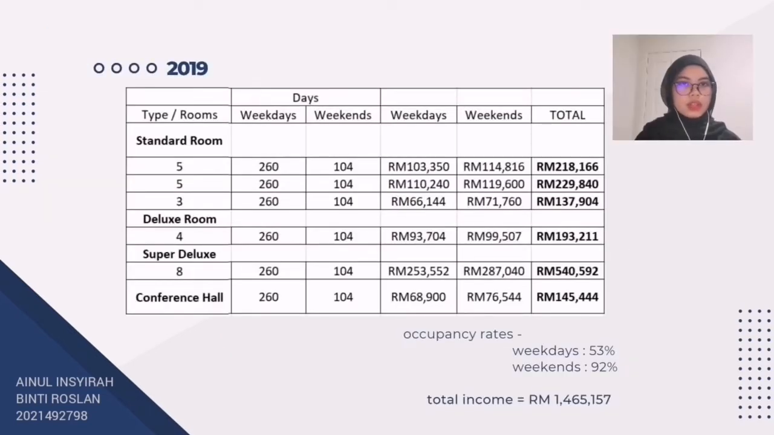So for room tariff income for 2019, the occupancy rate that was given was 53% for weekdays and 92% for weekends. So we generally know that there are 260 days for weekdays and 104 days for weekends. So based on these two pieces of information, we can refer to the price that was given in the question earlier in order to find the total income for each type of room in that year. So the total income for room tariff in 2019 was